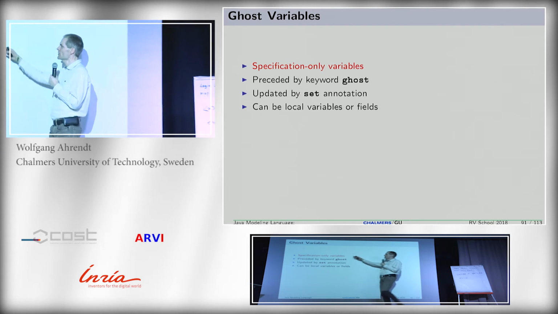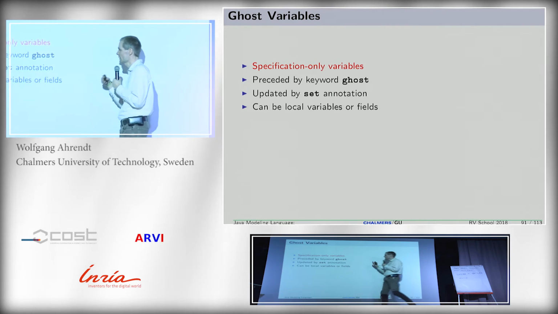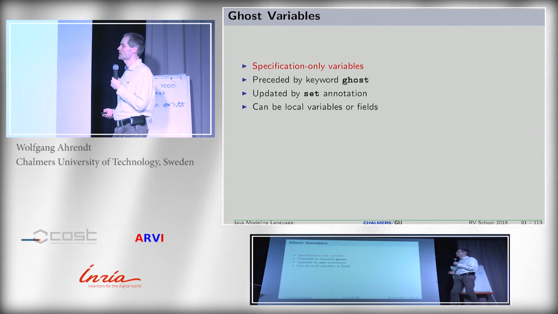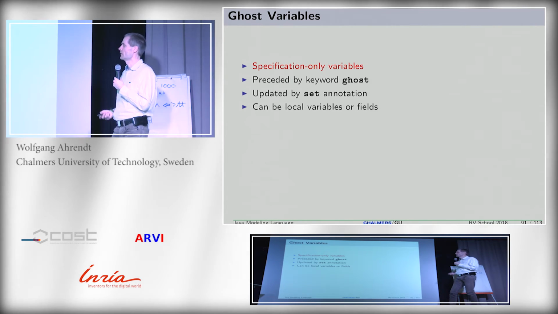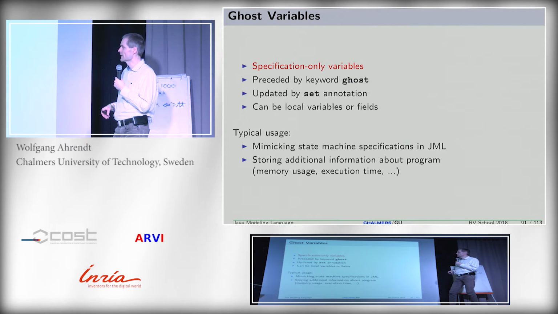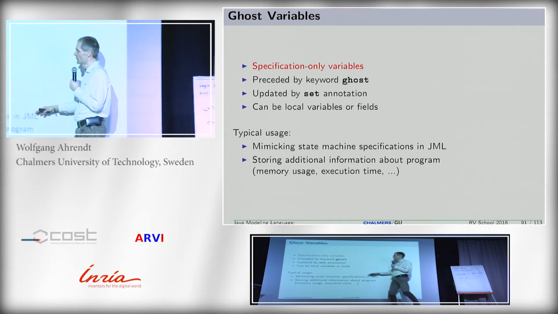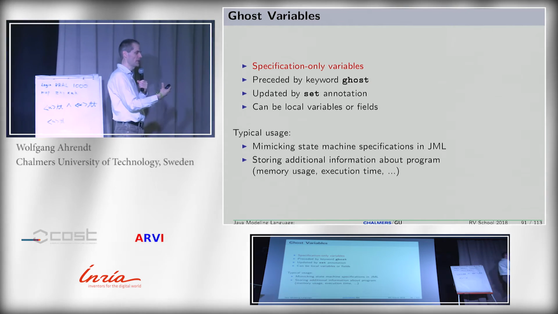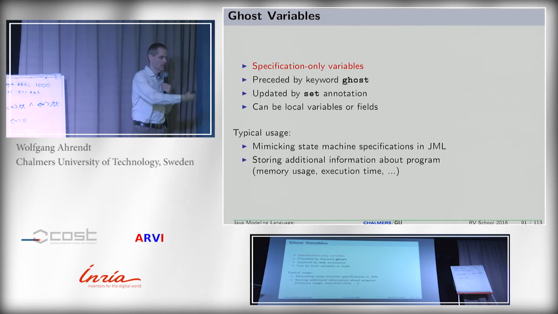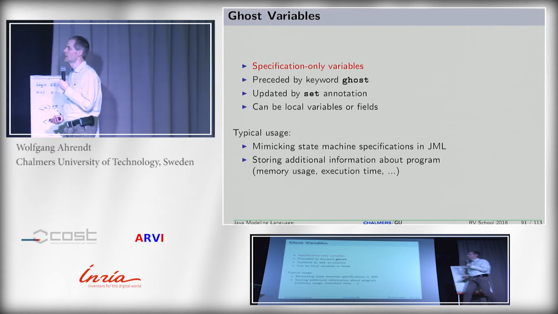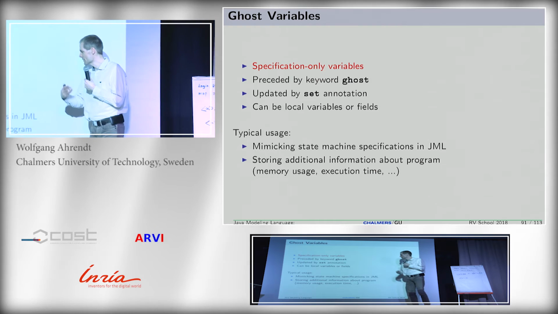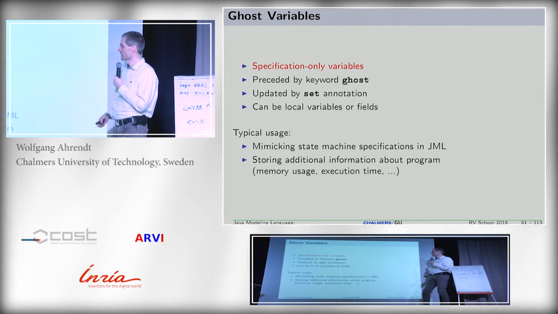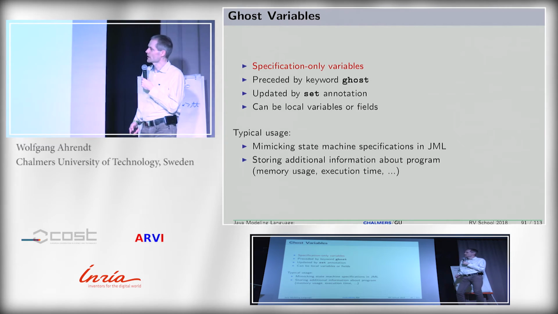Ghost variables are specification-only variables which are preceded by the keyword ghost. They are updated by a set annotation, and they can be local variables or fields. The typical usage is that you, for instance, mimic a state machine in JML, then you have these specification-only fields which are the different states, and you tell how the machine moves in those states. Or you want to store and express some additional information, like for instance memory usage, execution time,